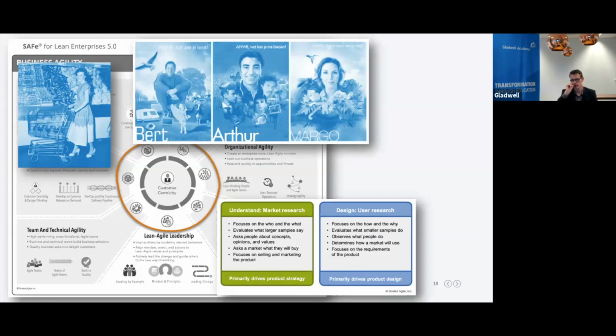So what we see being used more and more is personas. This is an example of a company I work with. It's a Dutch company. They have 3 personas. So everything they do is for one of these personas. And there are whole lists of traits of these different personas. They are real characters.